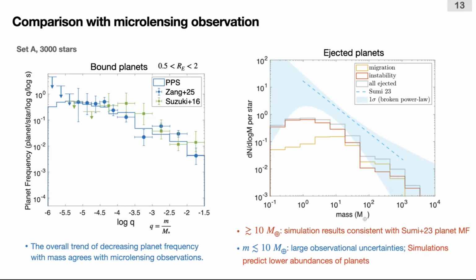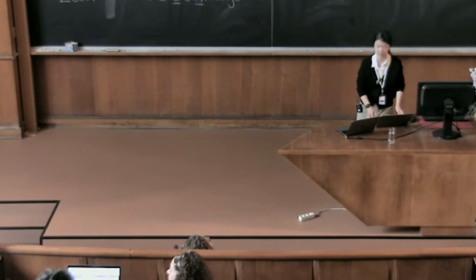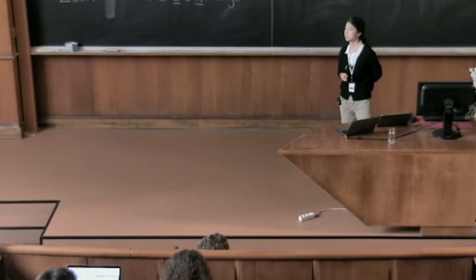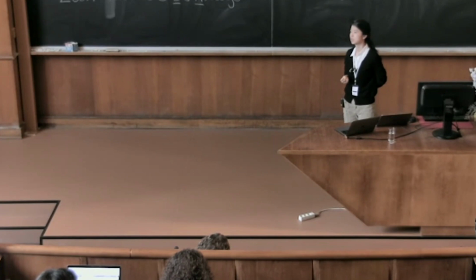Really nice talk. Oh, sure. You say that you're just modeling planet-planet scattering for single stars. Is the difference between your predictions and the observations as simple as in binaries, there are more ejections that could reproduce the observations? Sorry, I didn't quite catch that. Well, you're only simulating single stars, right? Yes. And you're under-predicting the number of free-floating planets, for the smaller planet mass range. Right. So is it as simple as binary stars likely eject a lot more planets?